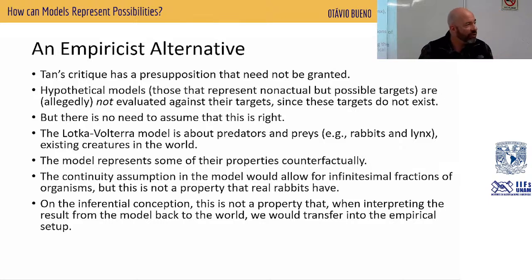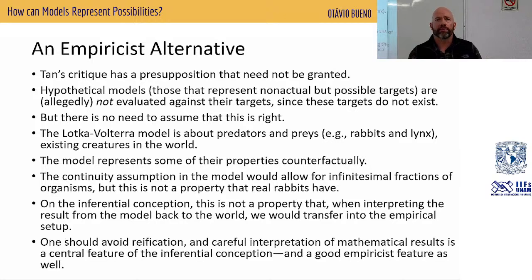So you don't take every part of the model, including those that you've been reasoning about within the model. The infinitesimal portions are not going to be interpreted in that way. So once you avoid that kind of reification, because I think that's what Peter Tens is doing. He's reifying the model. Every bit of the model has to have a counterpart in the world. Well, the world doesn't have that, so every bit of the model is talking about some non-actual world, some other thing. Resist that. Don't reify. Be selective. We're going to only interpret some portions of the model. So if you avoid that kind of reification and interpret carefully the mathematical results,